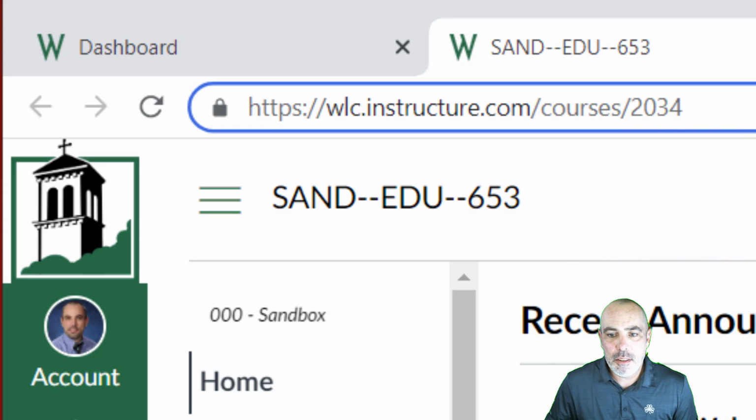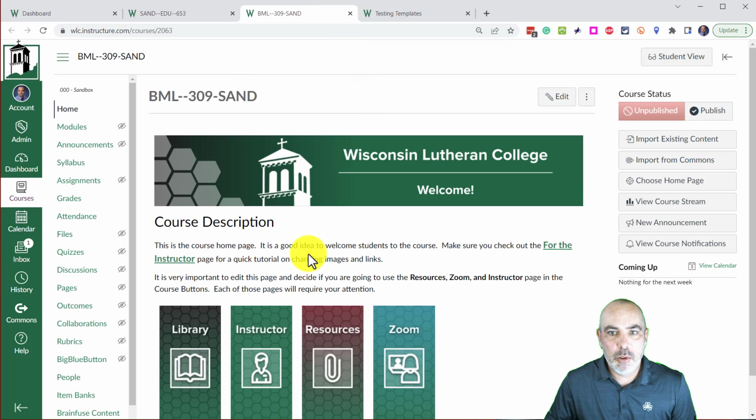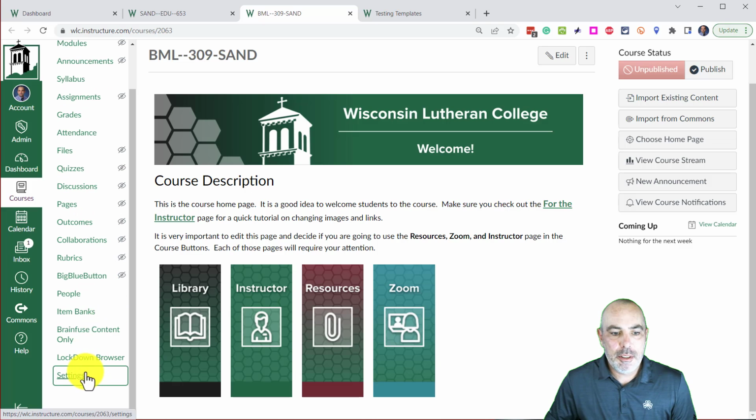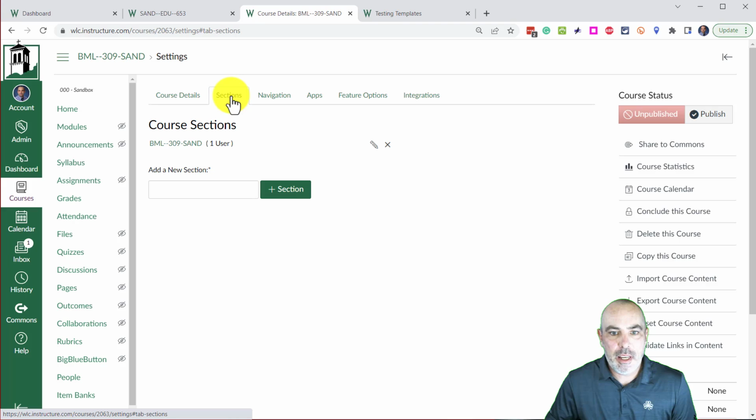I'm going to make the sandbox here of 653 my main parent course, the one that I'm going to update. So I'm going to make note of that number, 2034, and I'm going to jump over to one of my other courses, go down to the settings area and go to the sections tab, and I am going to add a new